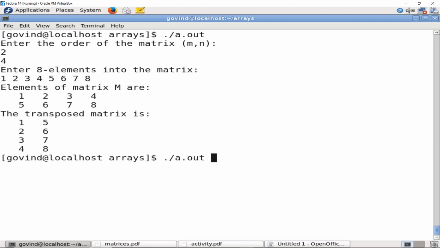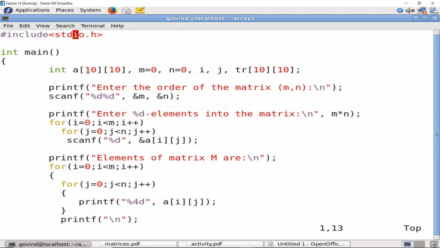A word of caution for this program: at no point of time should your input exceed this value. With this program, the size of the matrix being 10, with maximum row and column being 10, you cannot input more than 10 rows and 10 columns.